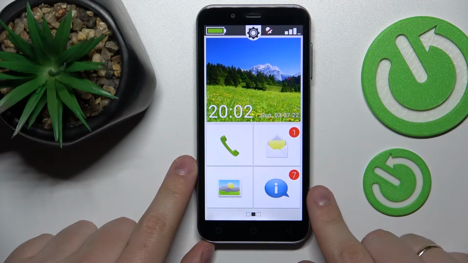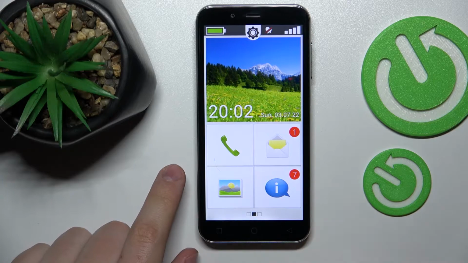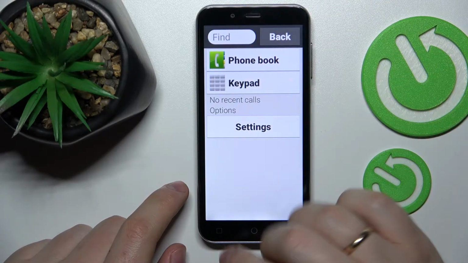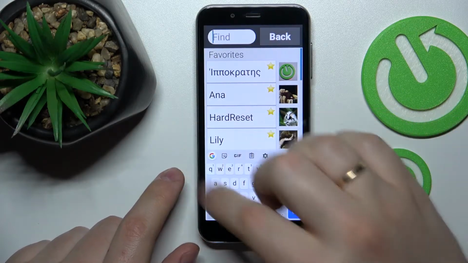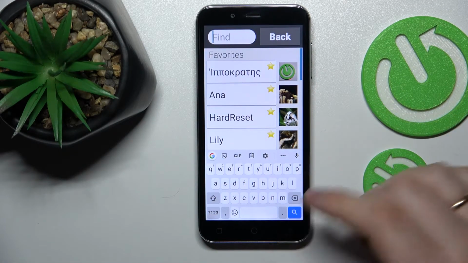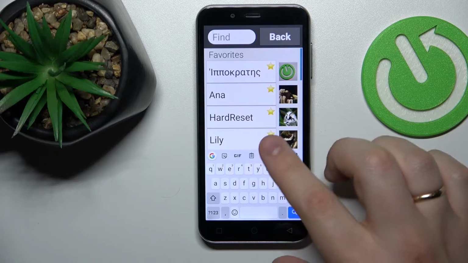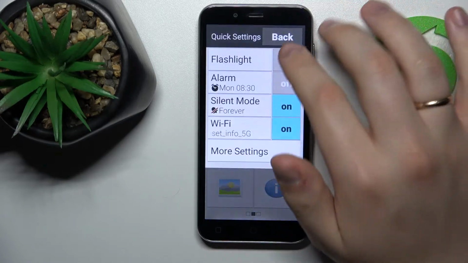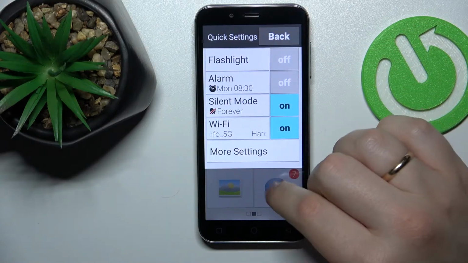In today's video, we're going to demonstrate how you can activate the separate number row on top of the characters at the keyboard of this device. So that's how the keyboard looks without the mentioned number line. From here, you want to tap on this gear icon, or you can also go here, open the quick settings,